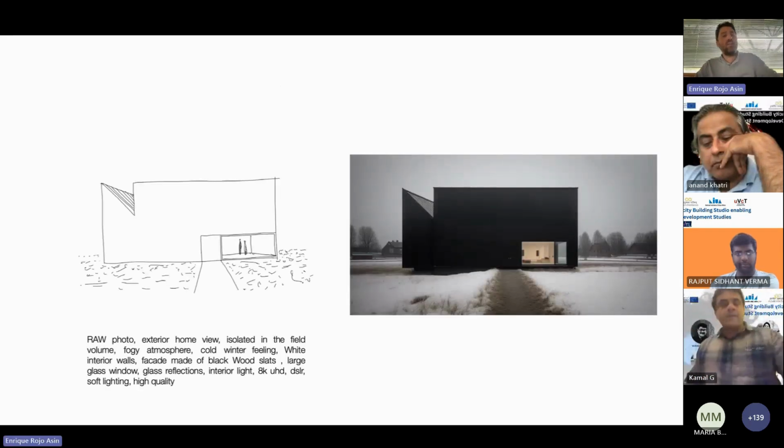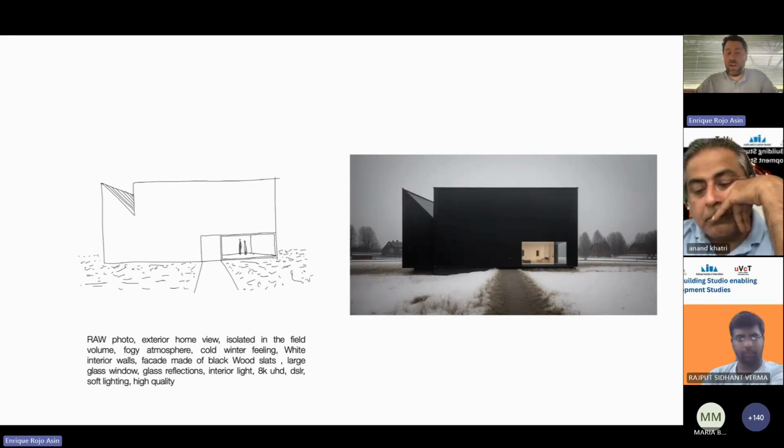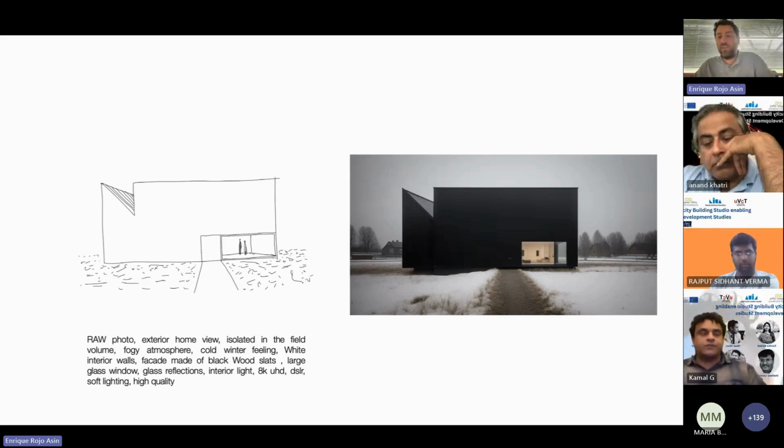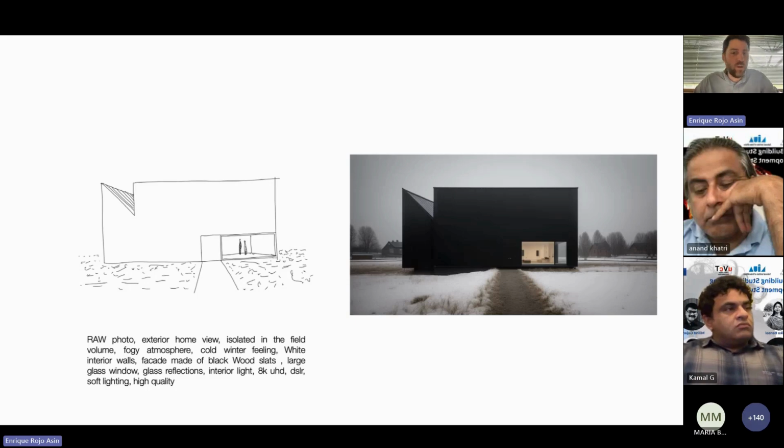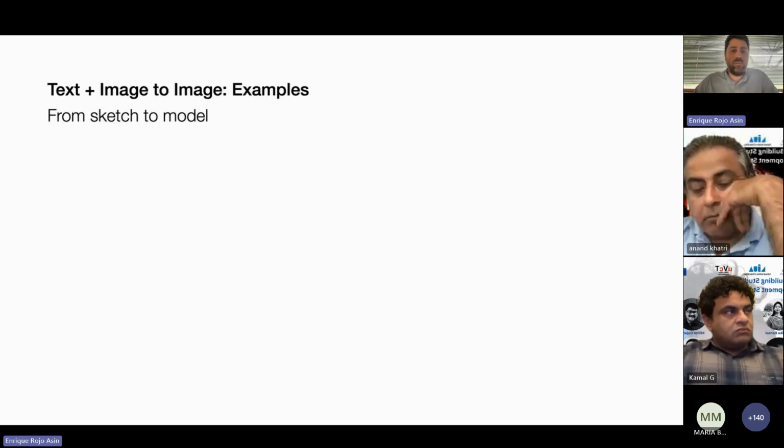So you can start, for example, with this prompt and a sketch, and in the end, you get this render. Compared to just the basic workflow, when you have this idea and you more or less know the form of the building, you can also add the background and materials. So I think in that sense it's a quick tool to grasp the atmosphere of the building that you are designing.